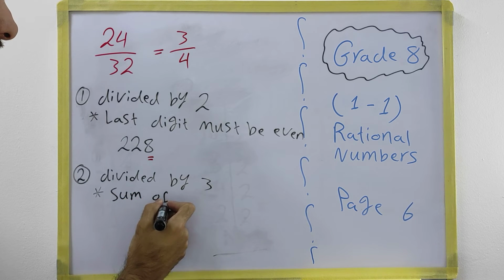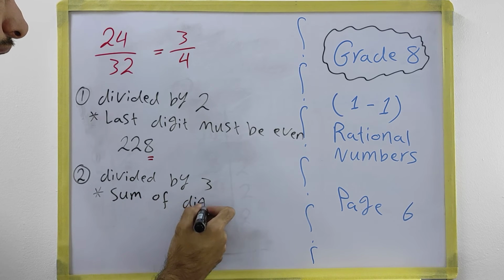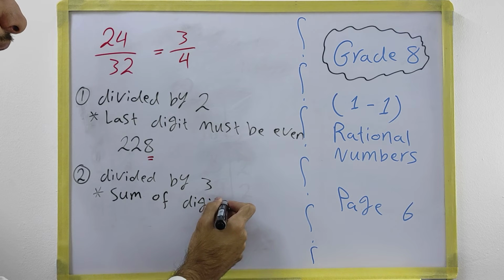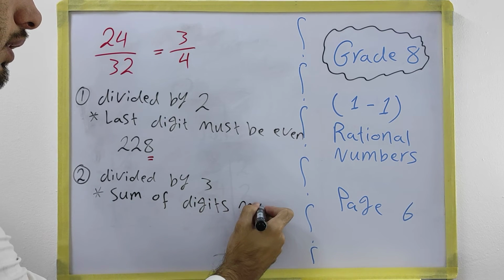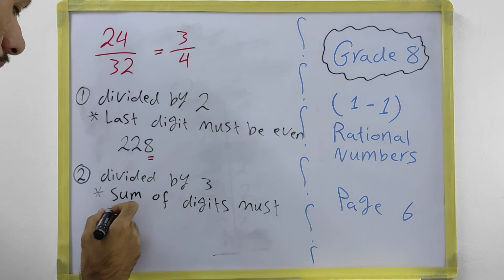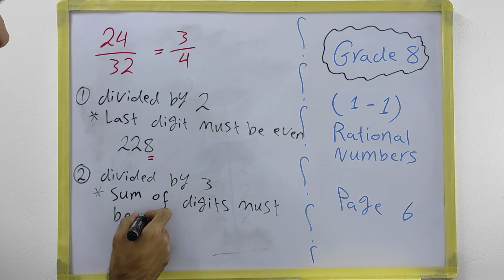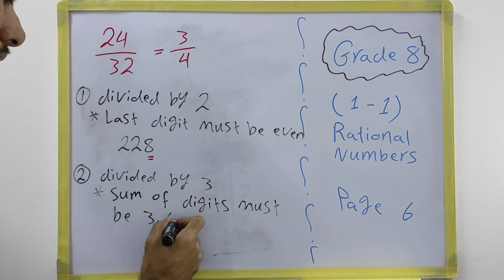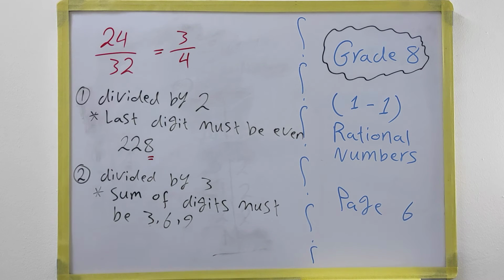The sum of digits must be 3, 6 or 9. If the sum of the digits is 3 or 6 or 9, then you can say that this number can be divided by 3. For example, let's say